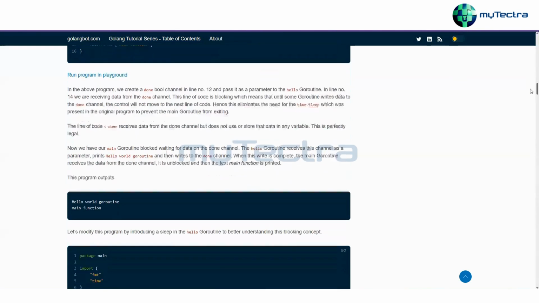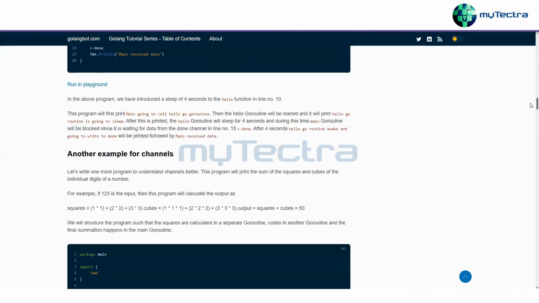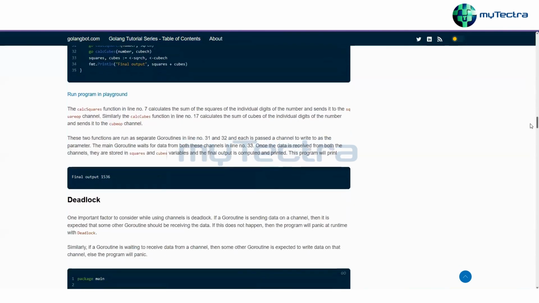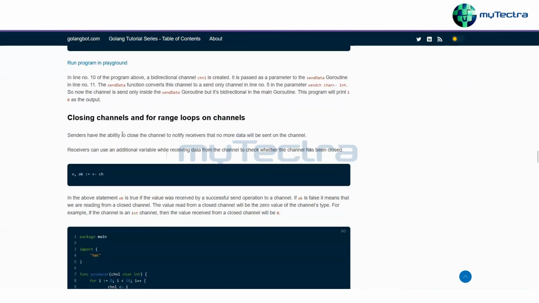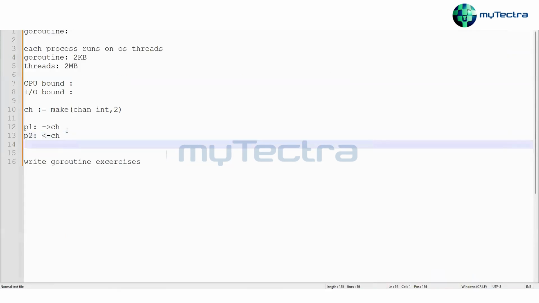Then run the program in the background. There should be buffered channels as well. Deadlock, directional channels, closing. There is this interesting thing about closing as well. I forgot this one. So you can close a channel like this. If you close a channel, that means you cannot send anything more to this channel. And also you cannot receive from it. Basically, both sides will be closed. This is helpful in case of